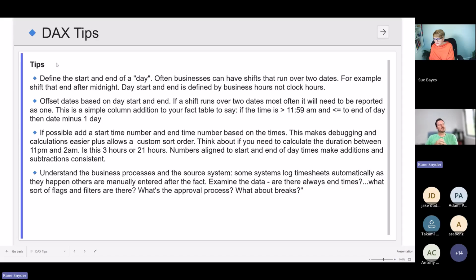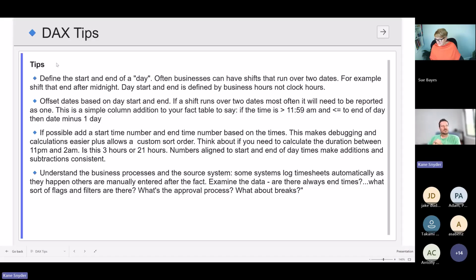So think about if you need to calculate the duration between 11 p.m. and 2 a.m. It's 3 hours, not 21 hours, right? So that's an example. 2 a.m. to 11 p.m. is 21 hours, but 11 p.m. to 2 a.m. is 3 hours. So this is why it's better to just get rid of times and start working with numbers. Makes things easy, like additions and subtractions.